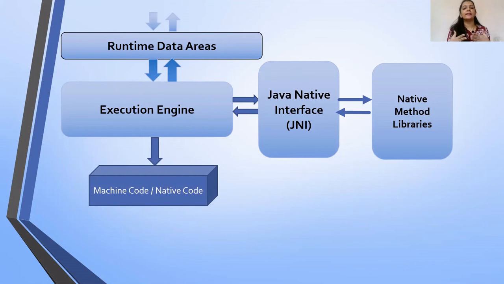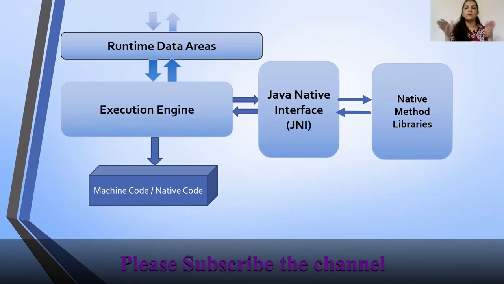So this is your entire Java architecture, and I have discussed everything step by step. Even this is just for your reference. Even if you remember just the first diagram which I have shown, that is most important. The source code is converted to a class file by the Java compiler. Then your .class file will be loaded in memory by the class loader subsystem. When it is loaded in memory, some memory area is required, which is nothing but your runtime data areas, which are divided further into 5 memories.